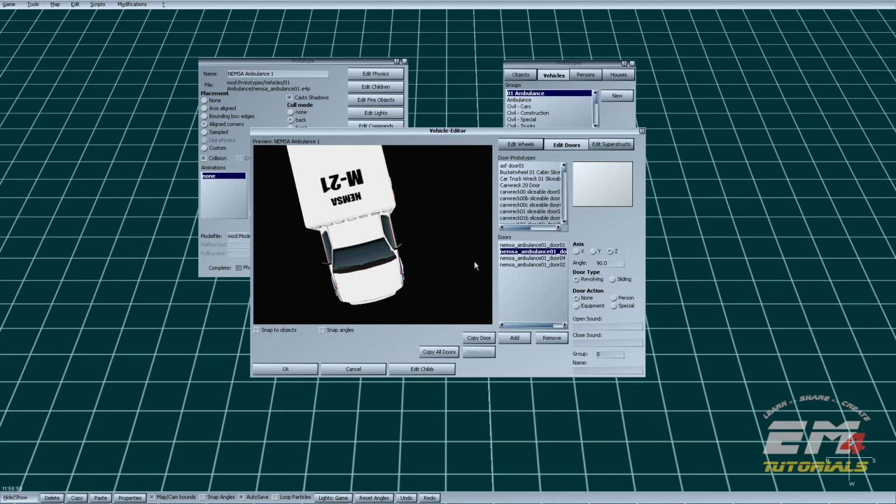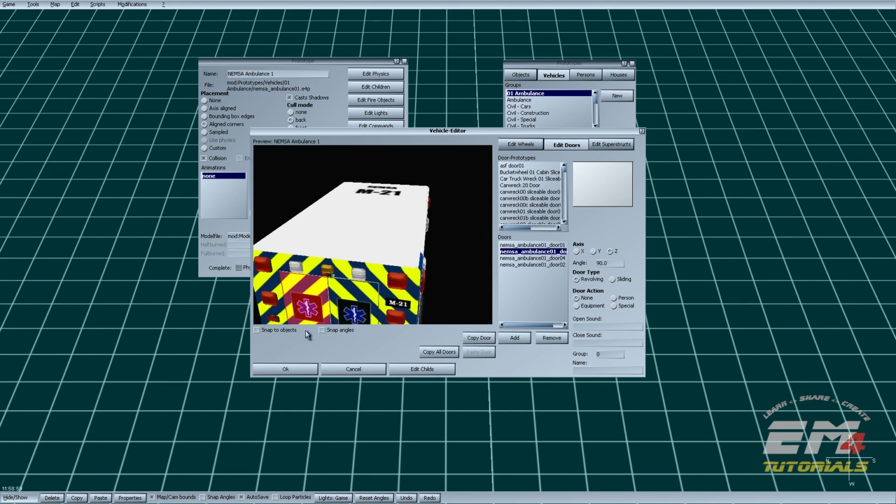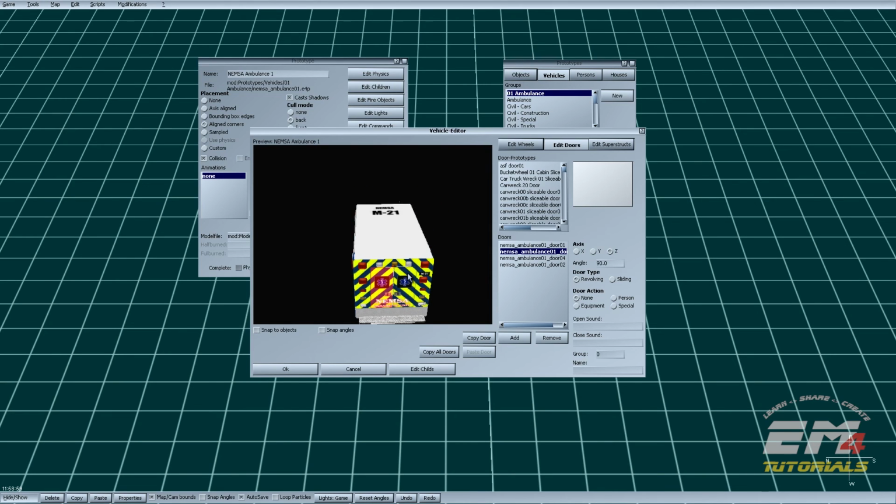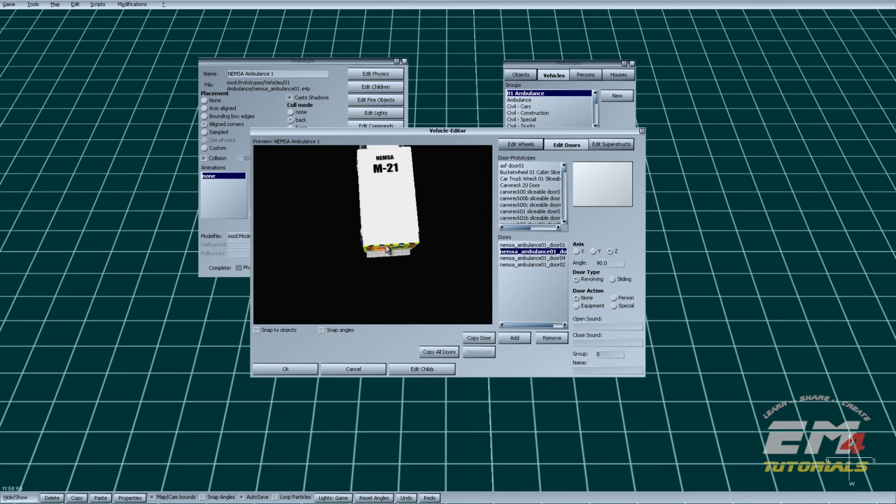So let's go to our second door, which is our rear door here. Okay, and we want this one to open which way? Let's take a look here. We want this one to swing out this way, so this too is going to open clockwise. Okay, so we want the axis to Y, and we want the angle to be, in this case, since it's clockwise, it's negative, and about 120 or 125 degrees will open it,